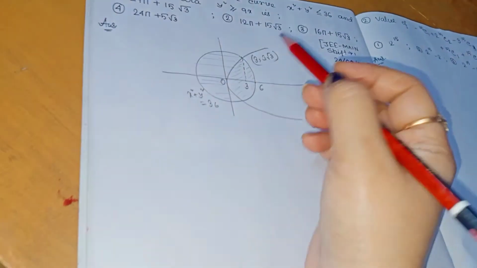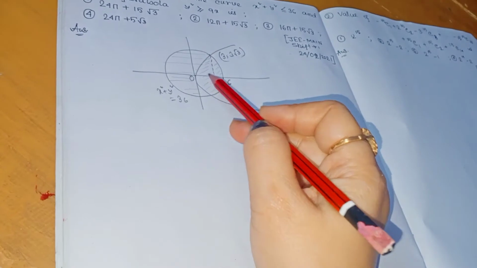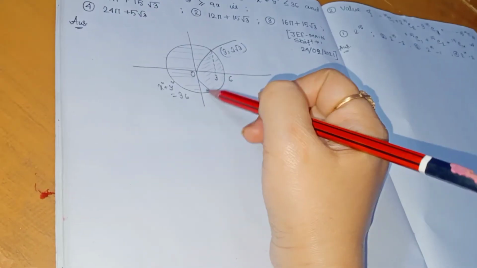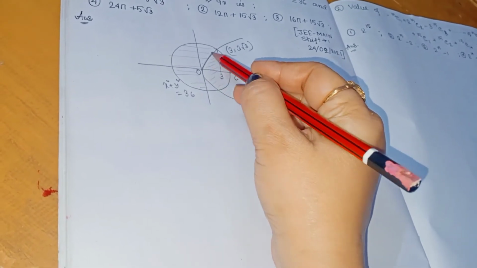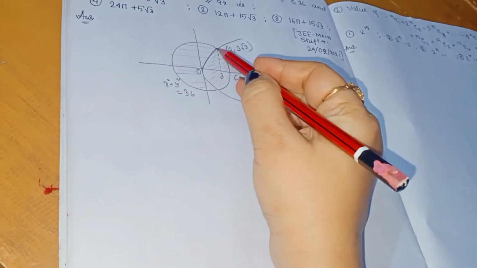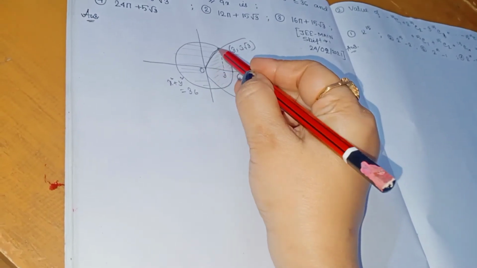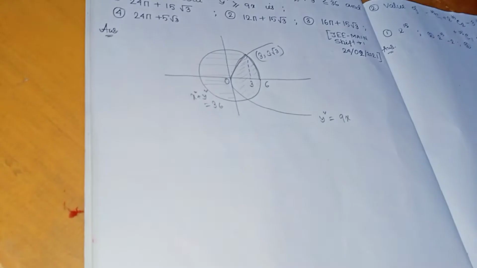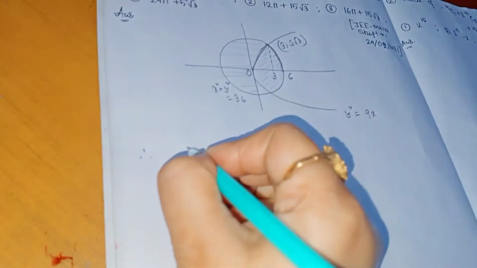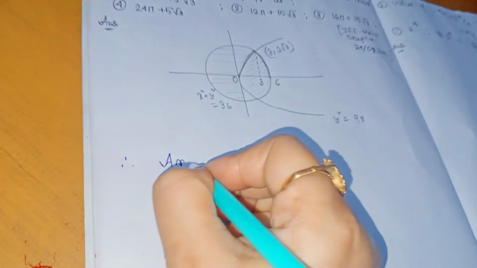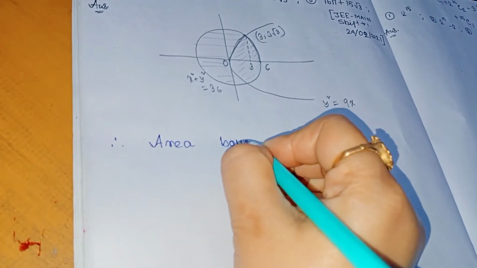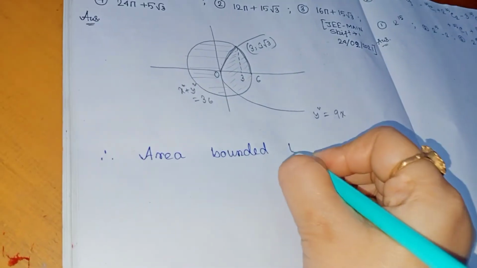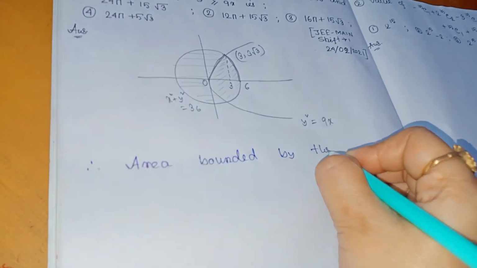As we assume that this curve is symmetric, this one is twice of this, so this one is twice of the curve. So finally, the area bounded by the curve is